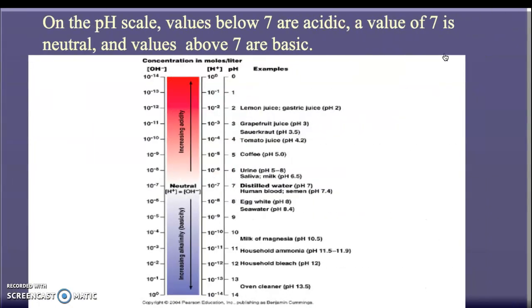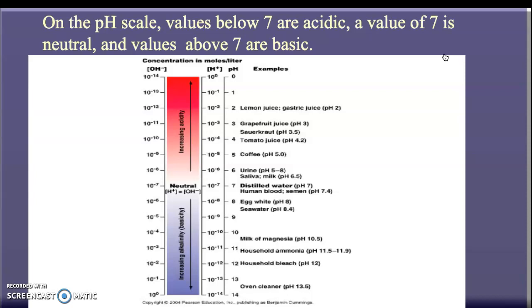So on the pH scale, values below 7, so everything from, I guess it goes to 0 in this case, but most people would say it goes to 1. Values below 7 will be acidic. A value of 7, which is what water is, will be neutral. And then values above 7 will be basic. So as you can see,